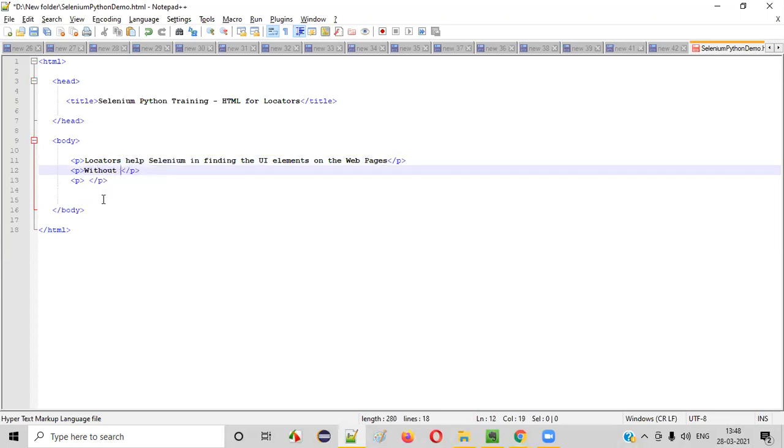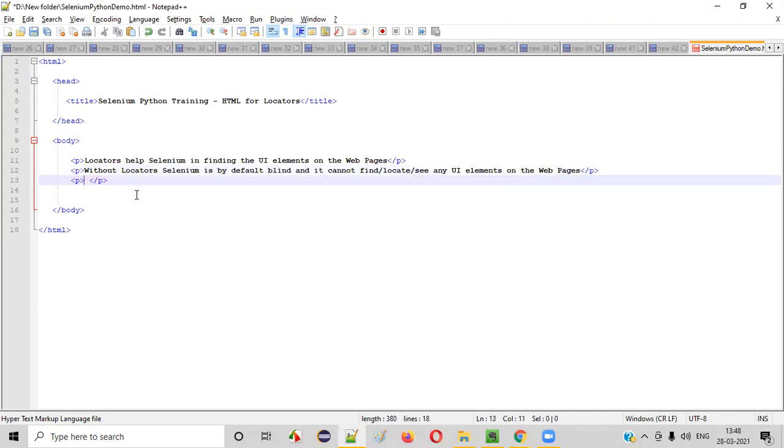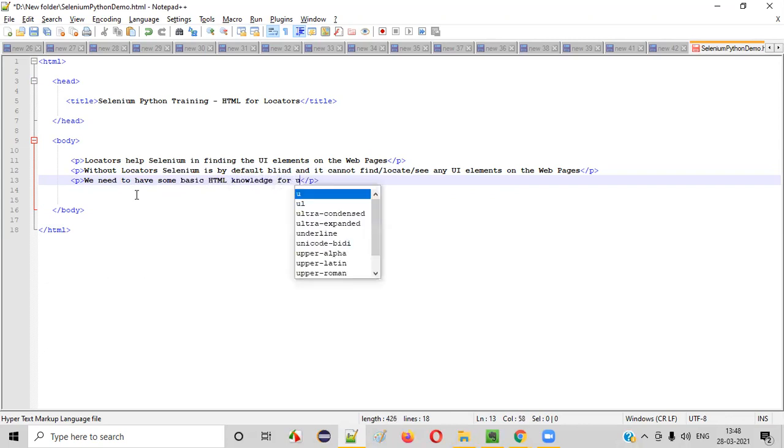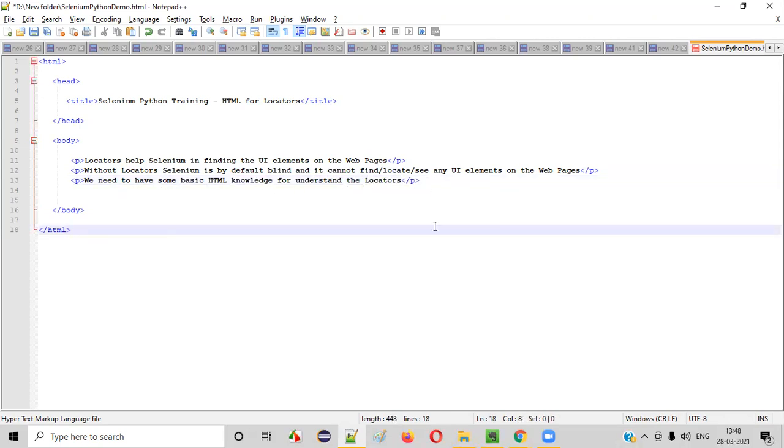Without locators, Selenium is by default blind and it cannot find, locate or see any UI elements on the web pages. And the last paragraph I'll write: we need to have some basic HTML knowledge for understanding the locators.